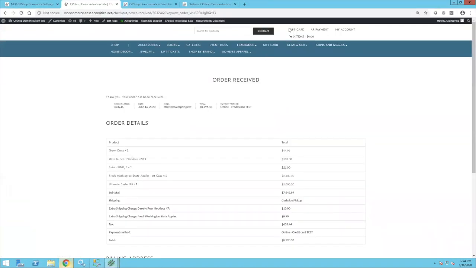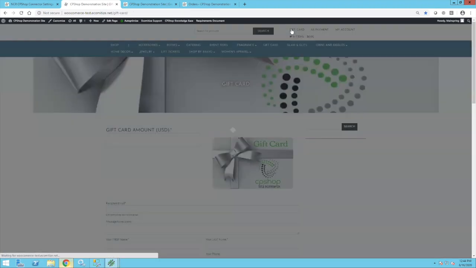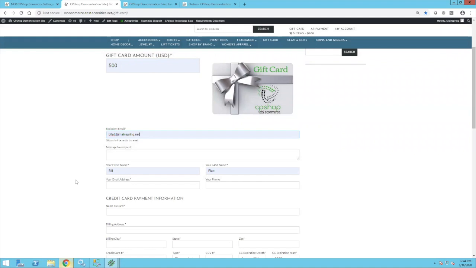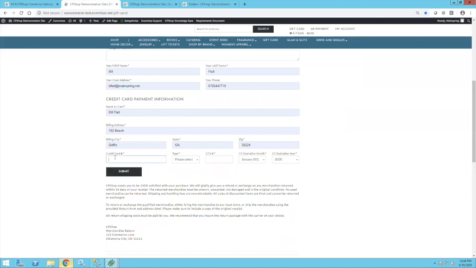One of the other features we support is gift card sales and usage. So I'm going to sell myself a gift card here, and I could email this to whoever I wanted. Like I could gift this card to a friend or a college graduate, my family, for example. And I'm going to place this gift card order, and I'm going to key in my credit card. We're actually collecting payment for this online,